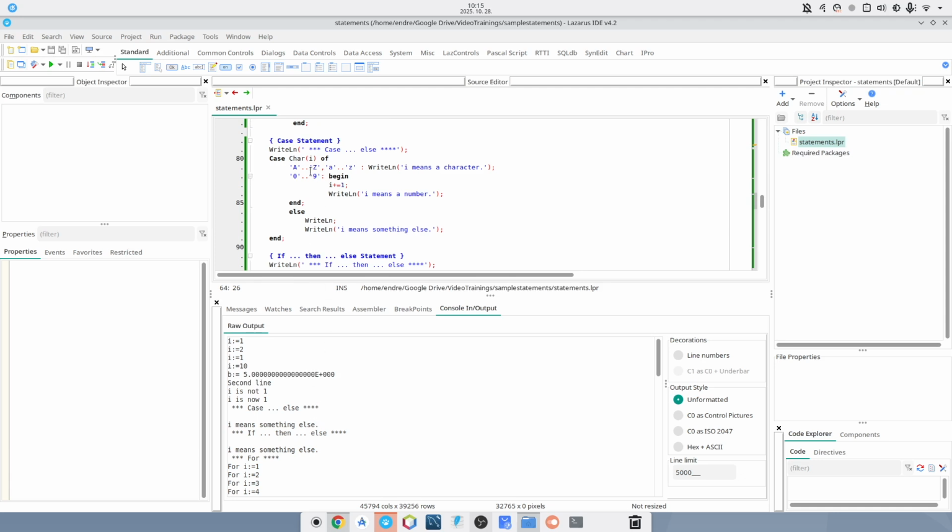The case statement. So here I'm using the I again. Because this I value, the 2, is converted to a character type, but the character 2 is neither a letter nor a number, actually the else statement is carried out, and you can see here that I means something else, so